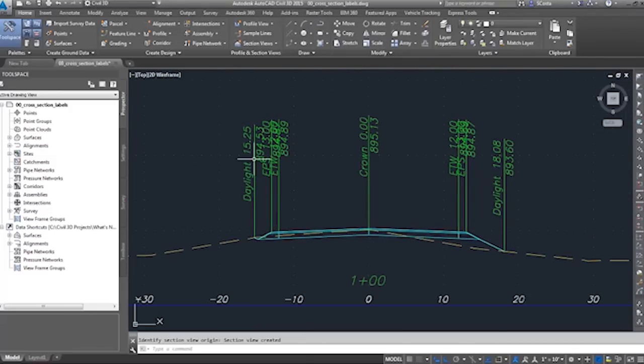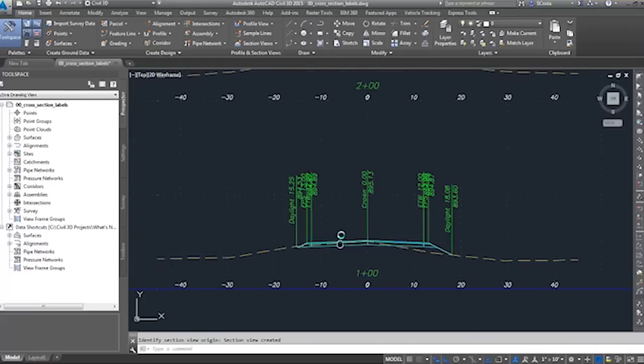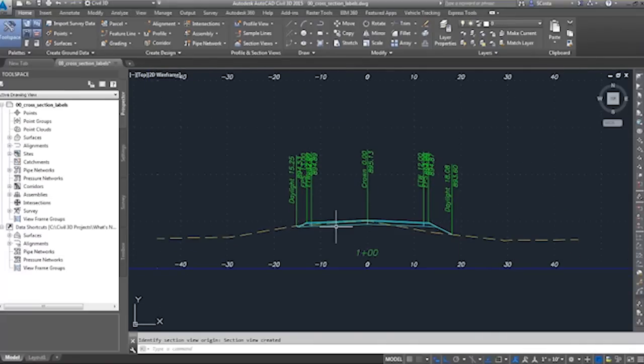There are a number of labels being set, and there's a lot of overlapping. You can see here my daylighting and my edge of slope as well as my edge of travel way are all on top of each other. To give you a little bit of an overview of why this is and how it's controlled, let's take a look at the corridors. Those of you familiar with Civil3D know that these labels are controlled through the